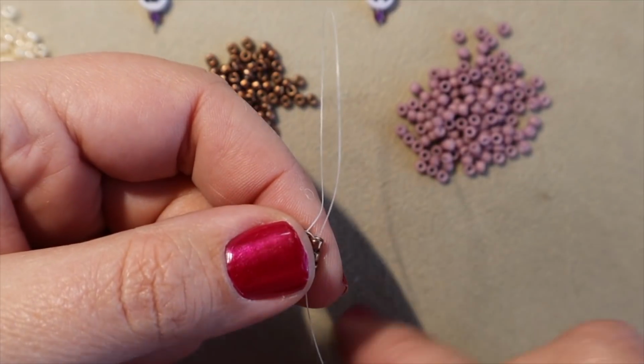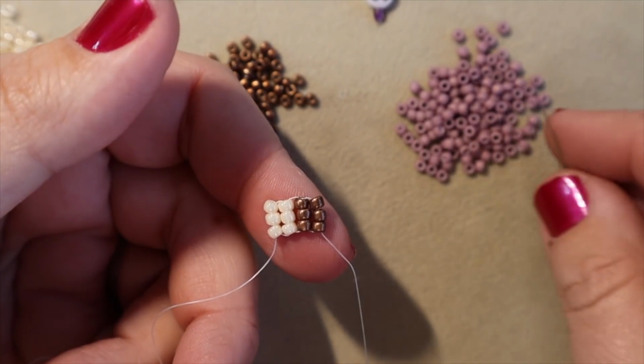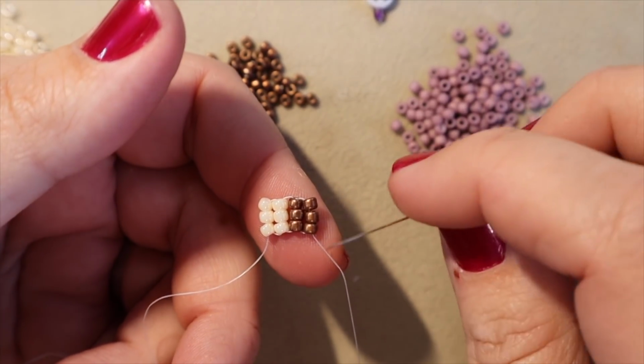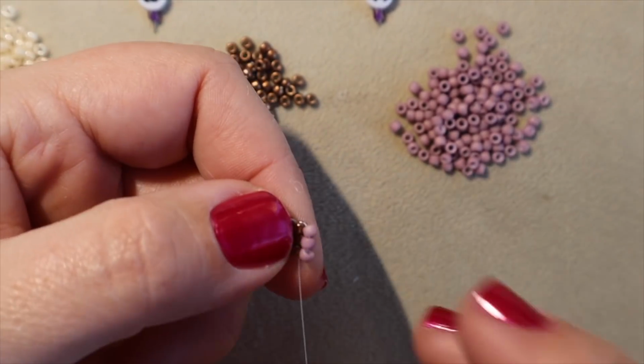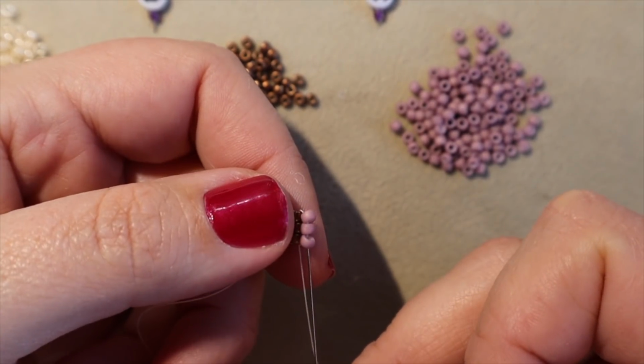So if you've already taken a guess, you'll know that my next stack is going to be my C's. So I'm going to pick up 3 C's. My thread is coming out of the bottom of my stack, so I'm going to come right back down through that same stack so that it makes a circle. Now I'm going to come up through my new stack,